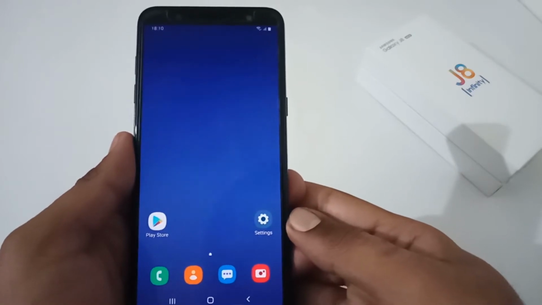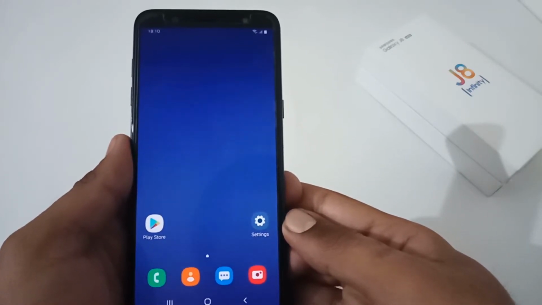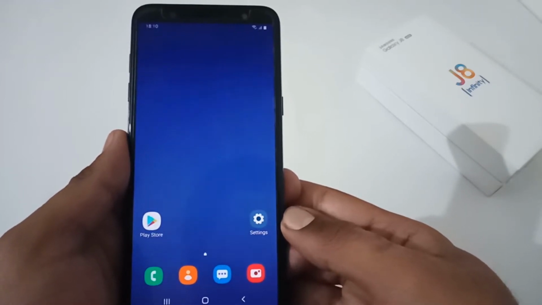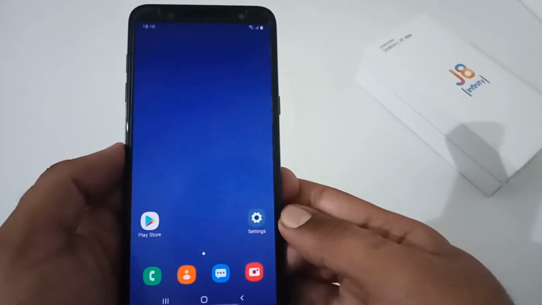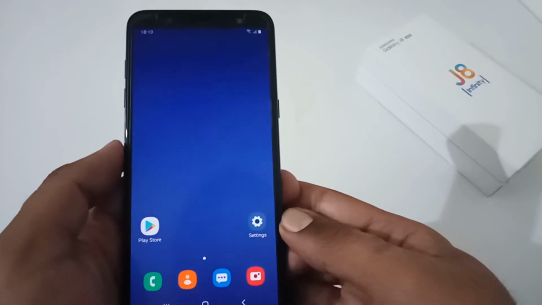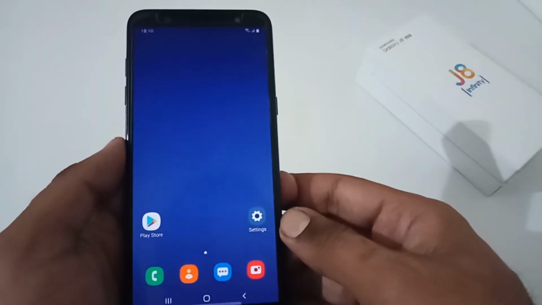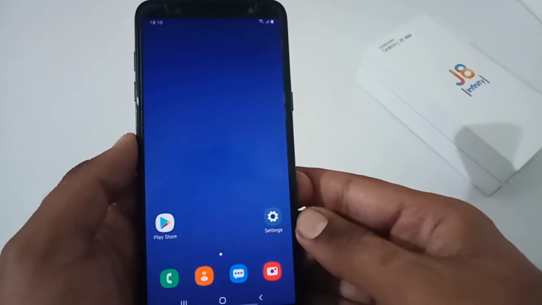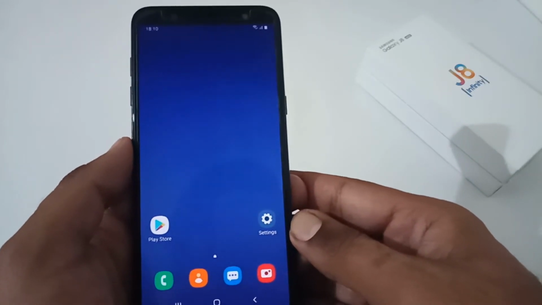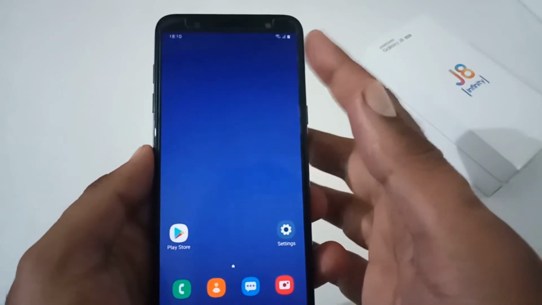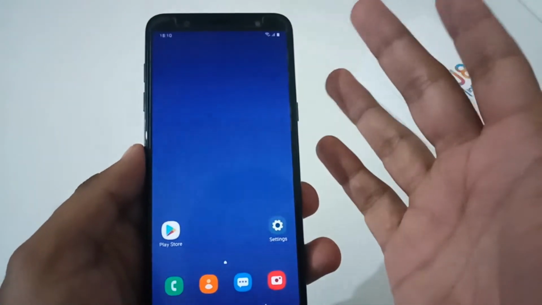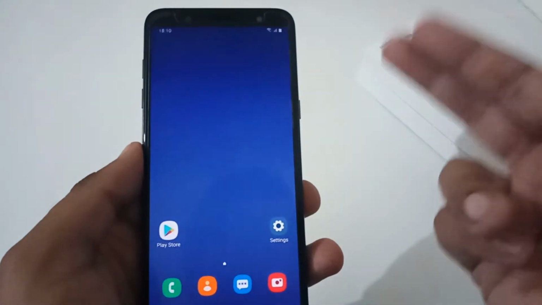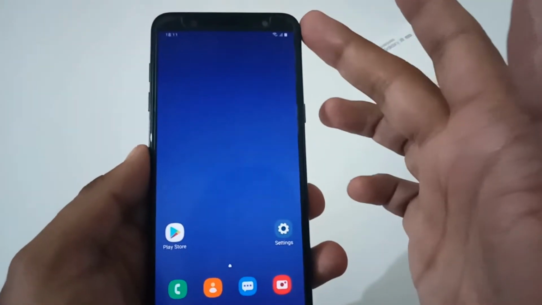We are again back with another video, and this time it's on Samsung Galaxy J8, or I would say Samsung Galaxy J8 Infinity. So in this particular video, we'll see how to reset your phone without losing the data. So let's begin. Let's assume your phone is showing you some random errors and you are so frustrated that you are planning to do the factory data reset. I will suggest that before doing that, you follow this trick and see if it helps. That will surely save a lot of time on your side, like data backup process, then data restore, then installing the new apps and setting up your phone and so on.